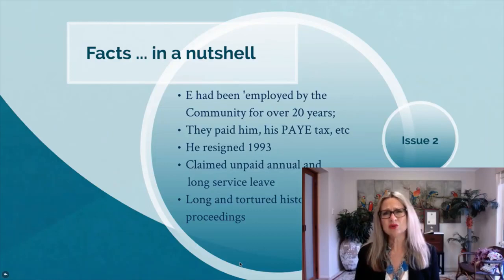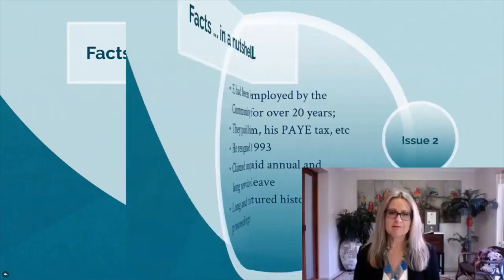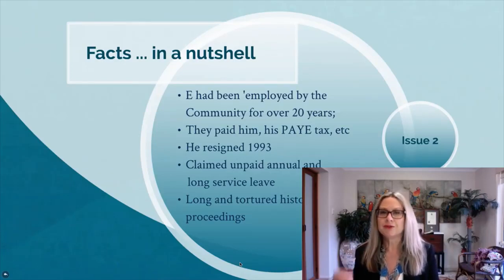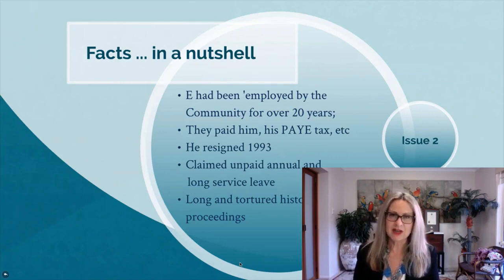So it wasn't a whole lot in terms of quantum that was being fought over, just over about $30,000, I think it was. But there was this obvious vested interest in proving each party's side correct, because not only did it initially go up before an industrial relations magistrate, it then went to a single judge of the Industrial Relations Court. It then went to the full court of the Industrial Relations Court. It then went to the full court of the South Australian Supreme Court, and then it finally wound up in